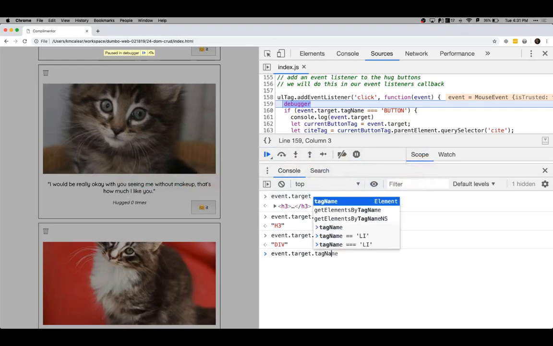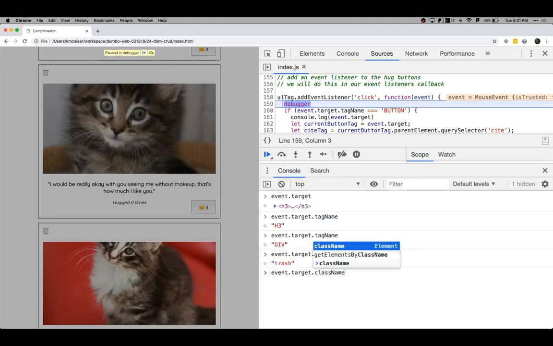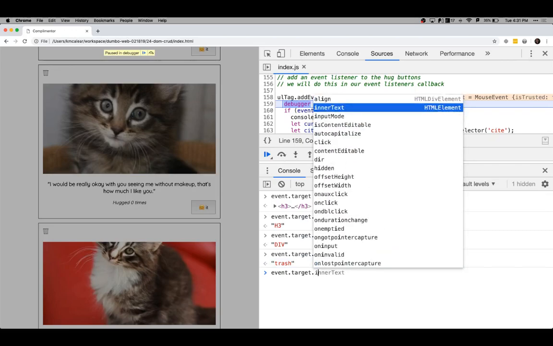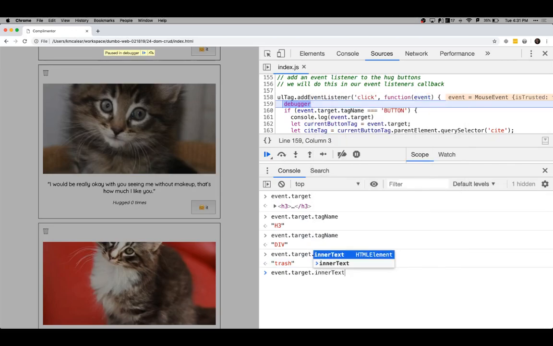So instead of tag name, we could use class name, right? That seems unique. And so we can say the class name has to equal trash, right? We could also do inner text and be like, the inner text has to equal